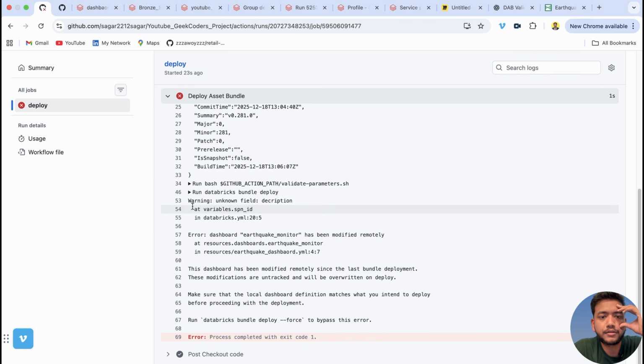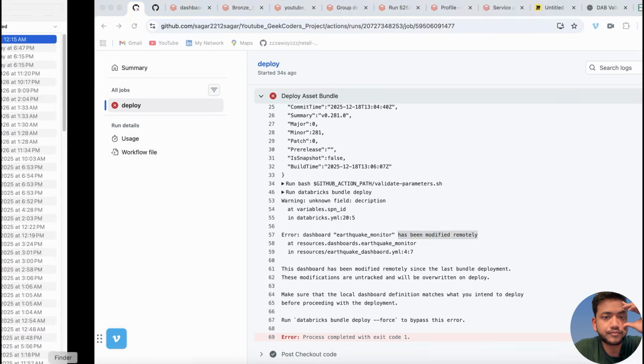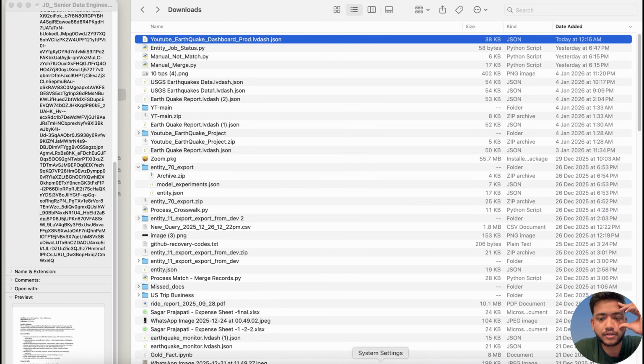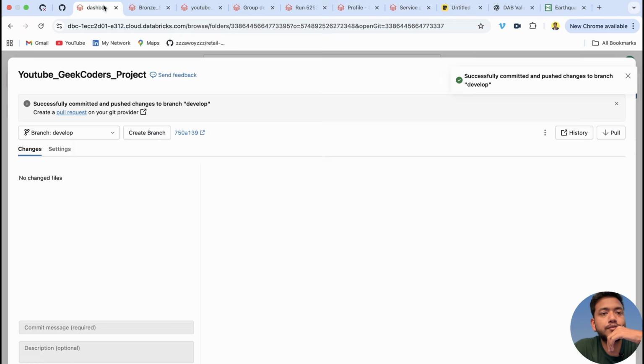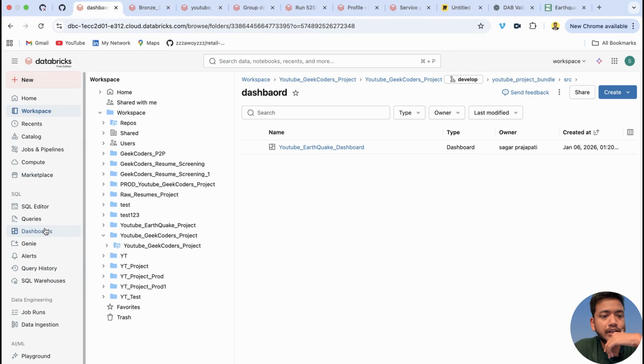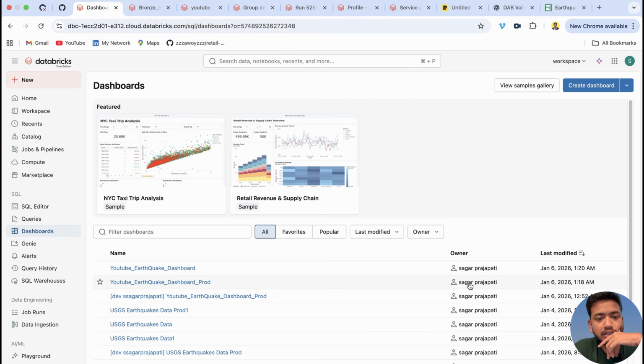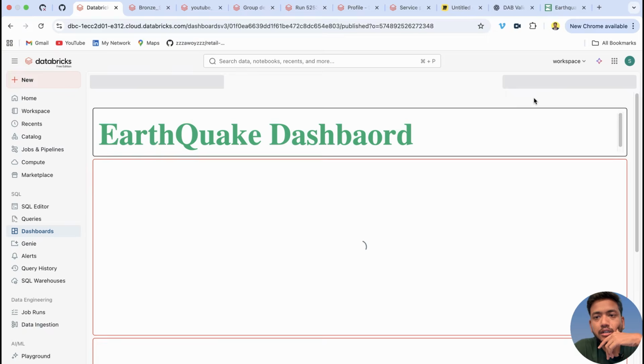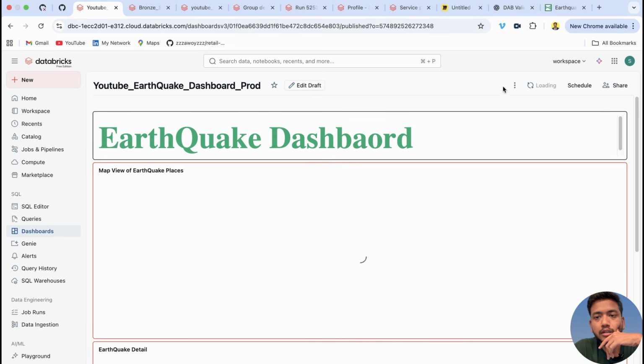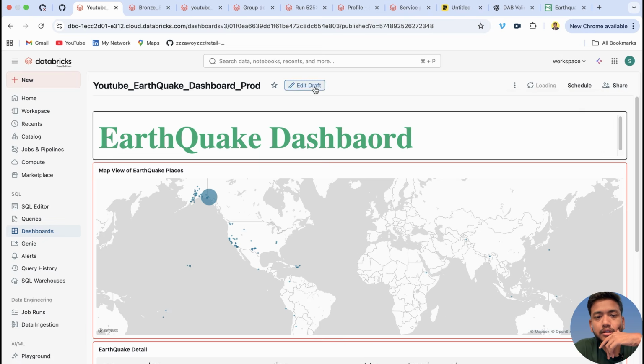So what I did, no, I have updated it manually. That is correct. Modified remotely, which I did and which I was not supposed to do. So for easiness, what I'll do, I'll go to the dashboard since all these dashboards are not needed. I mean, I don't need it. I'll just go